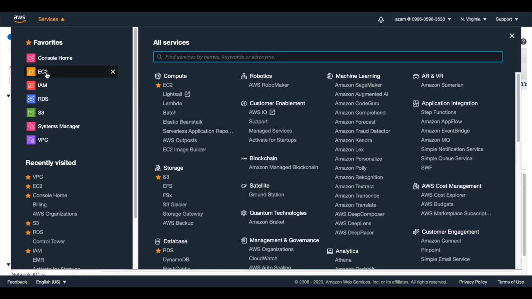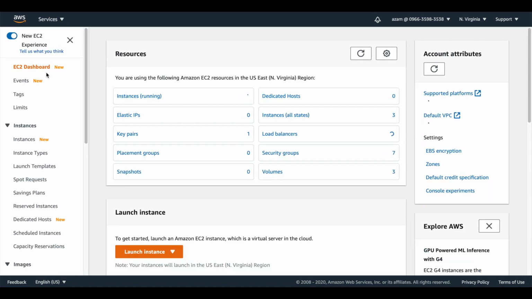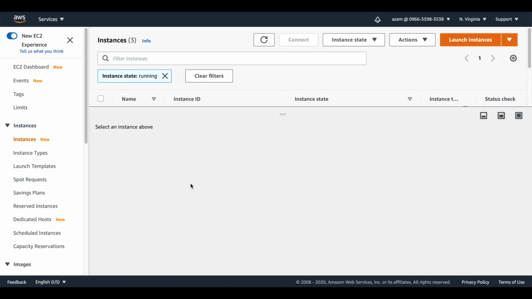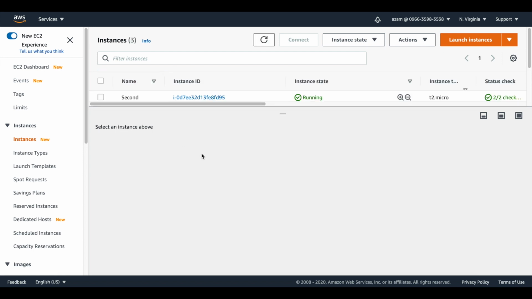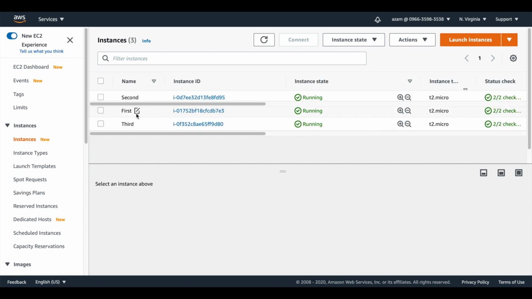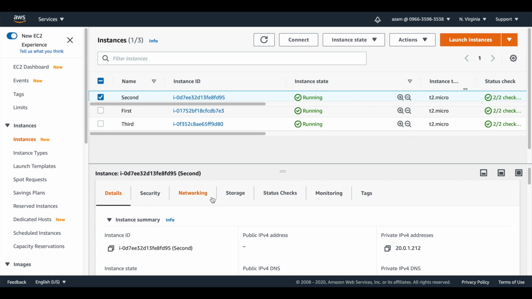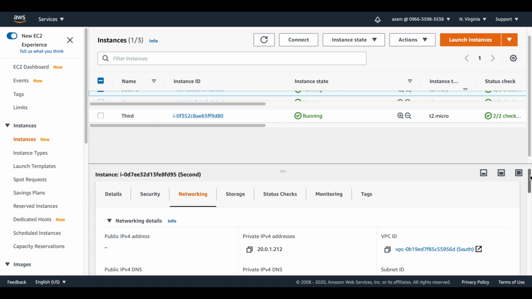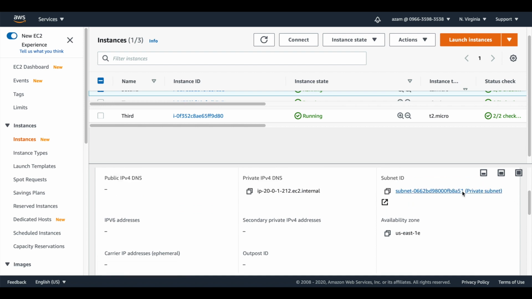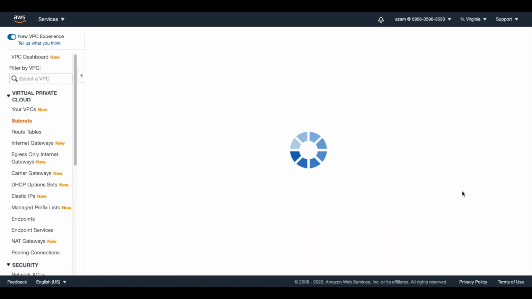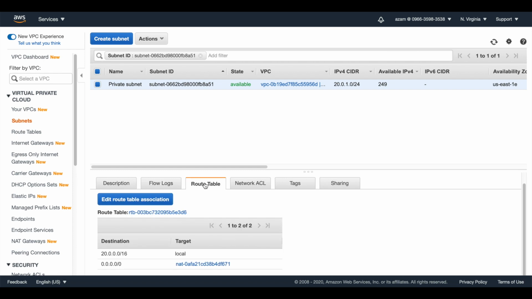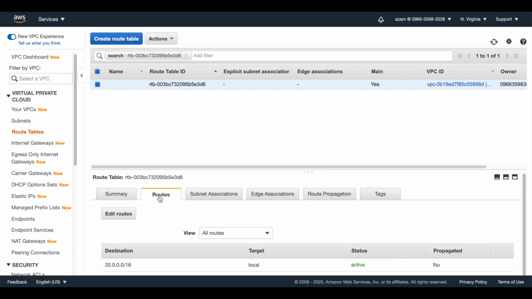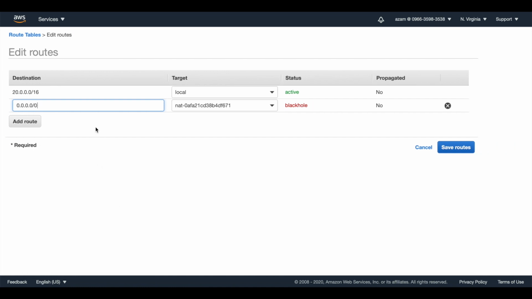I go back to EC2, cancel this one, and now the second one: networking, subnet, route table, routes, edit routes.